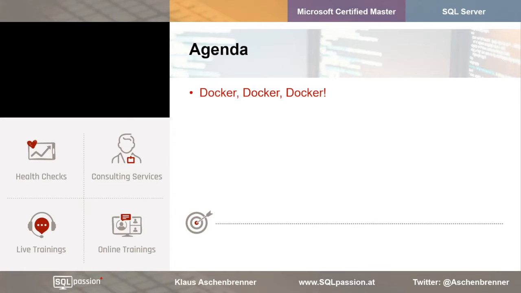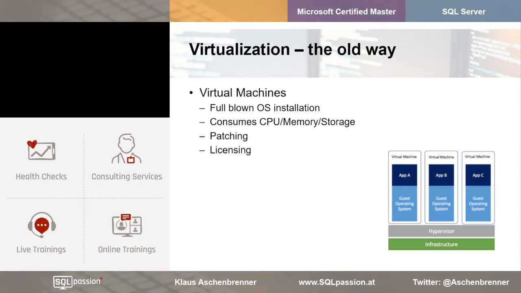Docker is more or less a new virtualization technology which evolved from the Linux operating system. And when we talk about virtualization, in the first step, we have to talk about how we have done virtualization in the old way. What is the old way? The old way is the way how we have done virtualization with virtual machines. Every one of you knows virtual machines. Doesn't matter which hypervisor you are using. Maybe you are using VMware vSphere, maybe you are using VMware Fusion on a Mac system, or even Hyper-V on